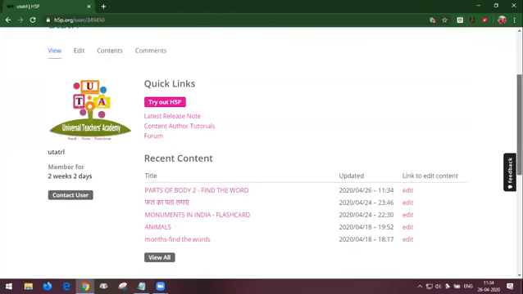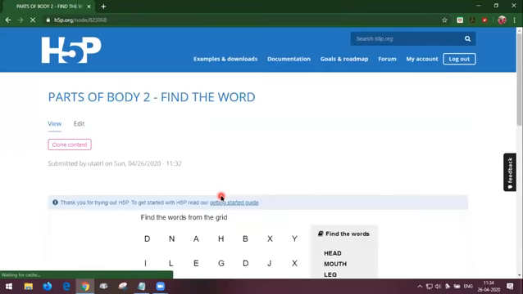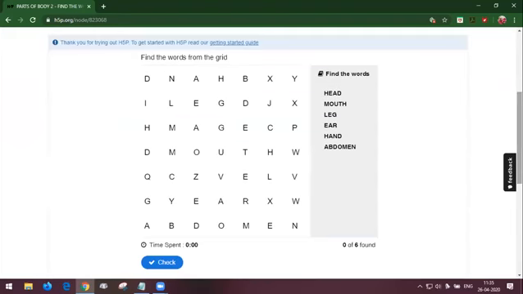Okay, I'm going to view my content. I'm clicking on my Parts of the body, find the word content. Clicking on it will display your content. Now you can see the grid is a little bit bigger. Now it is 1, 2, 3, 4, 5, 6, 7 into 8.